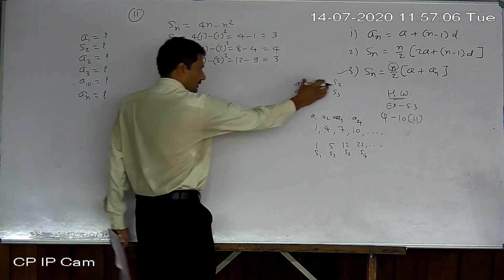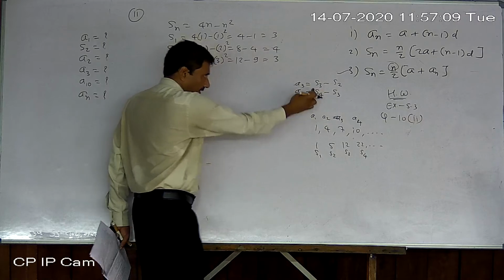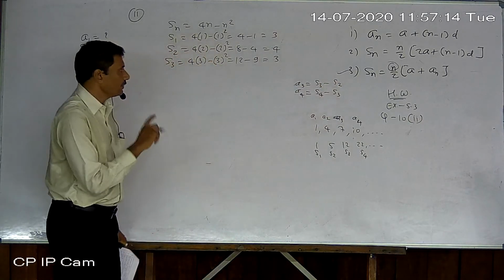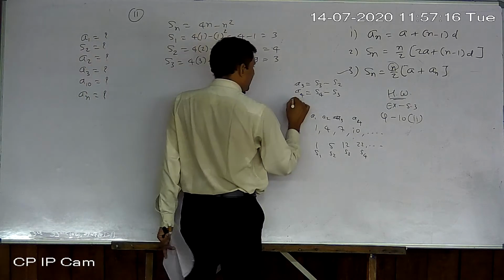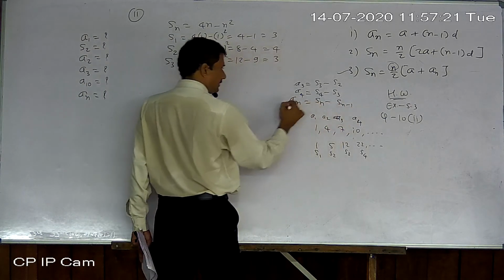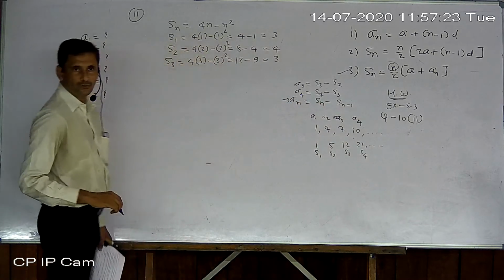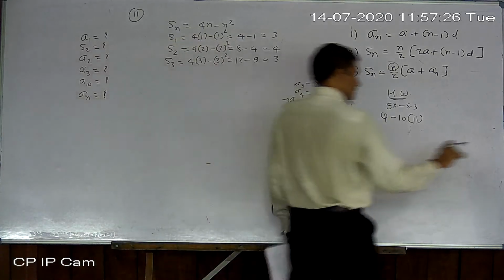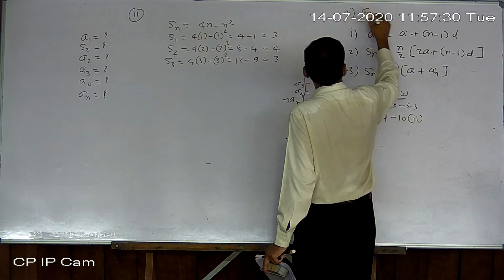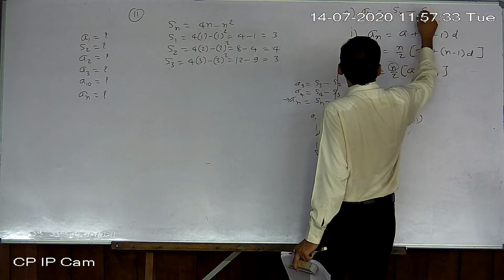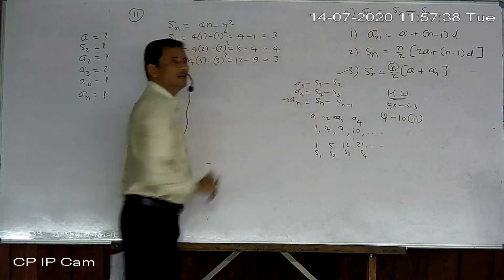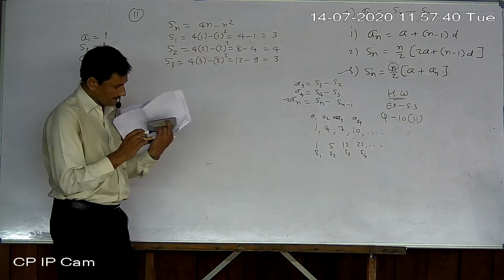Okay. Actually, I made one mistake here. Now I have corrected that. Remember that. A3 is equal to S3 minus S2, and A4 is equal to S4 minus S3, which means An equals Sn minus Sn minus 1. This is how you can generally write it. So remember this as a formula also. Number 4: An equals Sn minus Sn minus 1. If you don't understand, just understand by example only. Now look here.